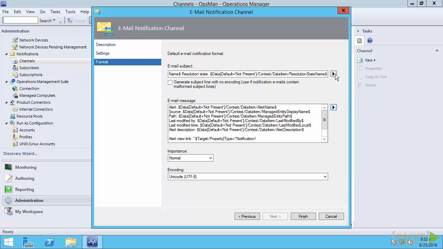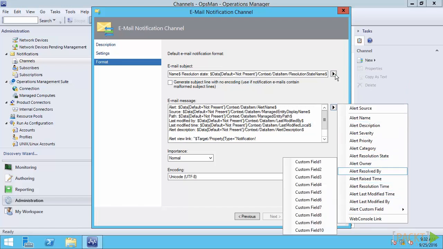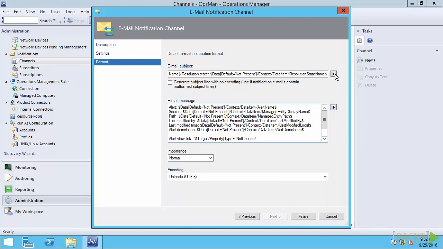Same thing as far as the email message. You can add additional variables, or you can just type in information by clicking in the email message, hitting return a couple of times, and putting in any custom message that you wish. So I've actually added a little line of text there. Also, by default, there will be a link to the web console that's actually added and included in the message. So if I get this on a tablet or my phone, then I can actually just click that link